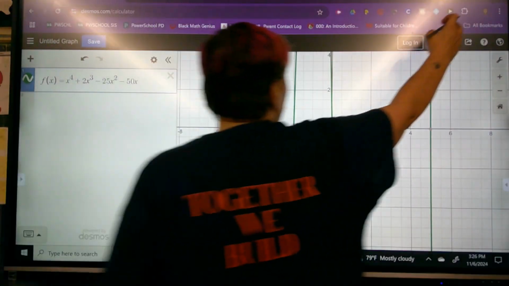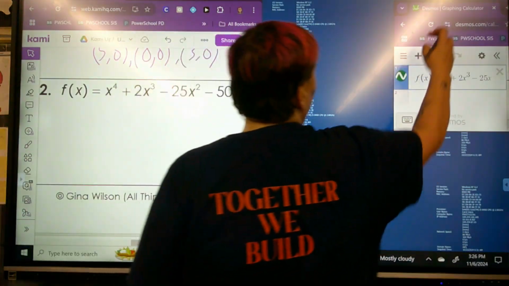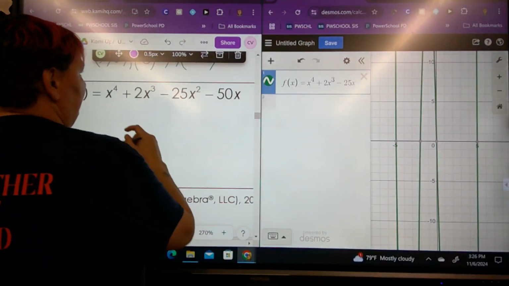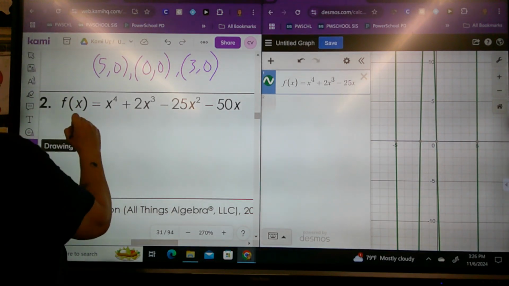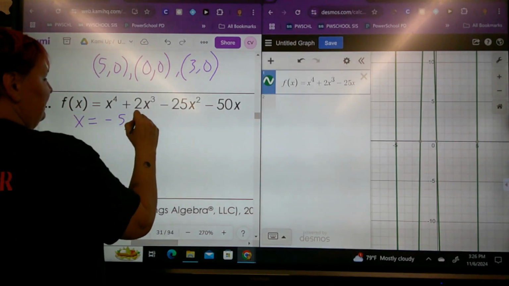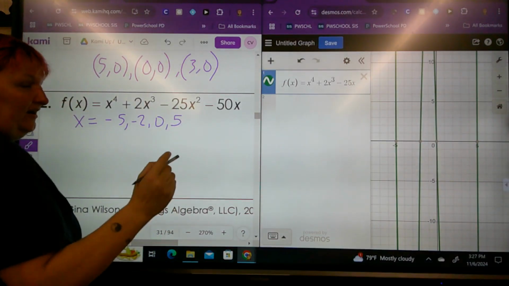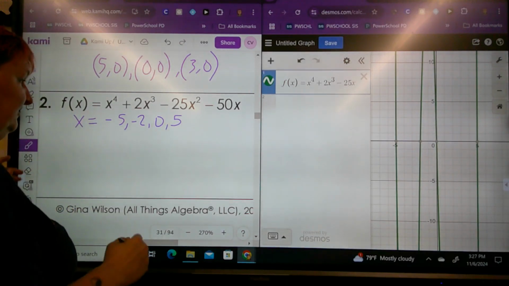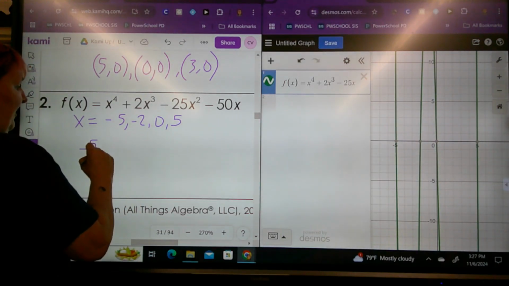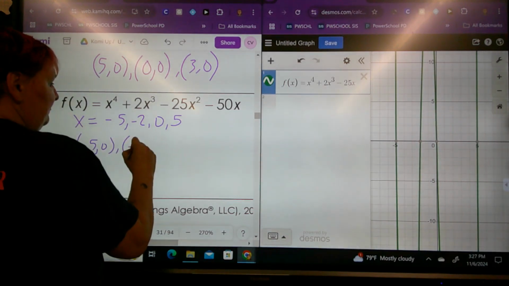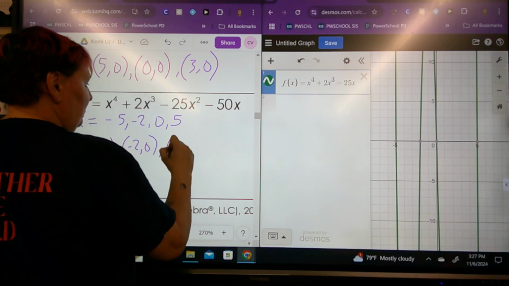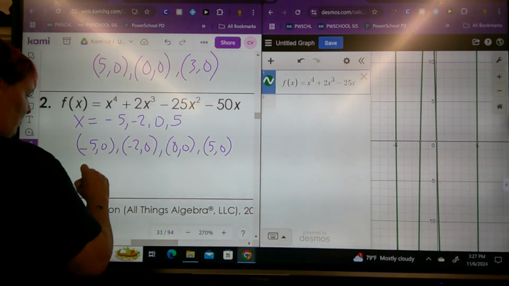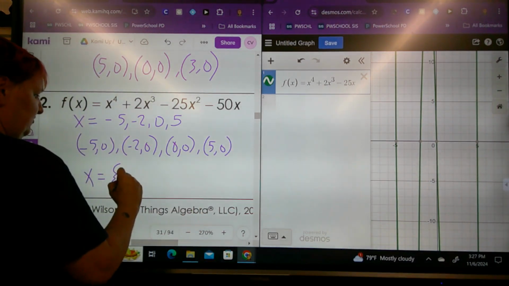Alright, and we said x is equal to negative 5, negative 2, 0, and 5. I wouldn't have remembered it if I hadn't written it down. So I had to write it down in order to remember it. I know. It's crazy. So, negative 5 and 0, negative 2 and 0, another one that goes through the origin, 0, 0, and 5, 0. Or x equals negative 5,